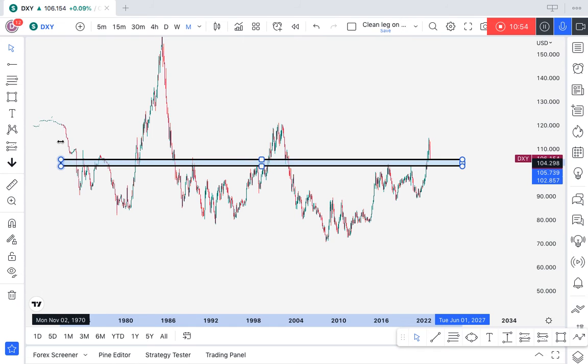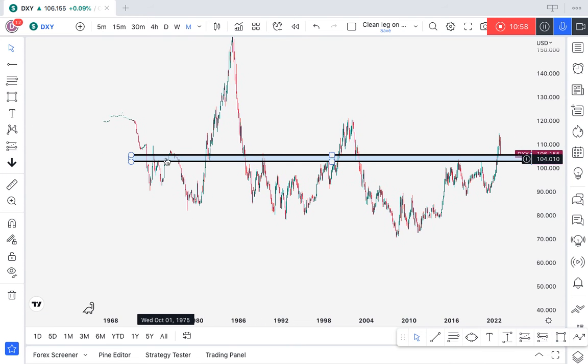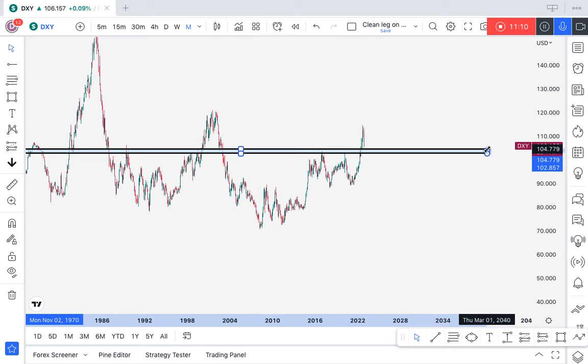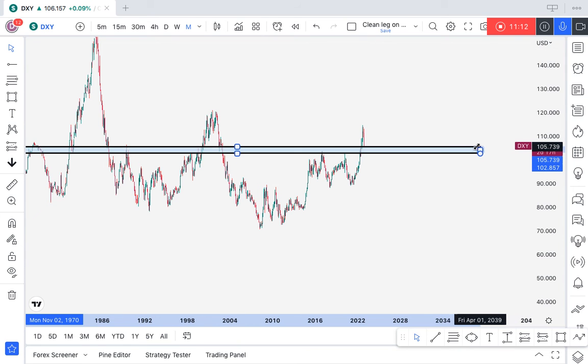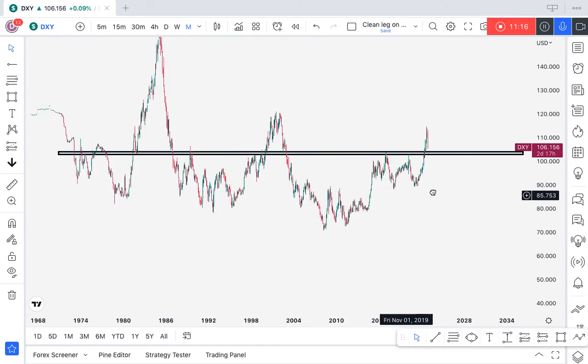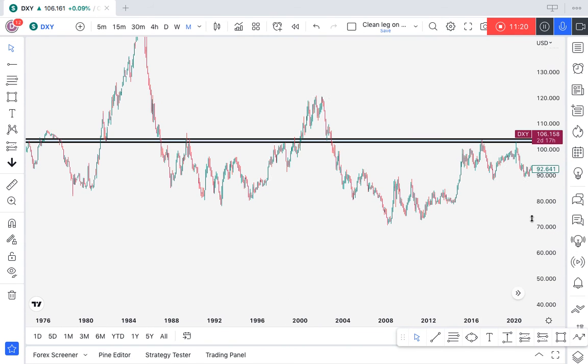So literally, I see a cluster right here. We have a touch, touch, touch, touch, touch, a touch here. So this is certainly a key level for me because this is happening on a significant time frame, guys. You want to understand that this is happening on a monthly time frame. So best believe it is major. Okay, major. So I've spotted that one.